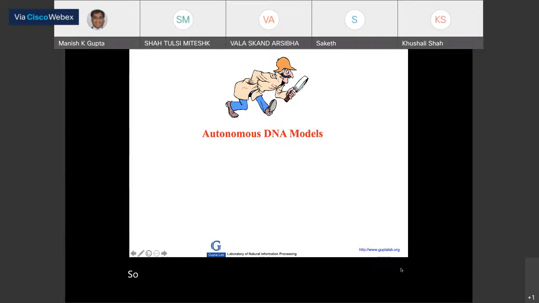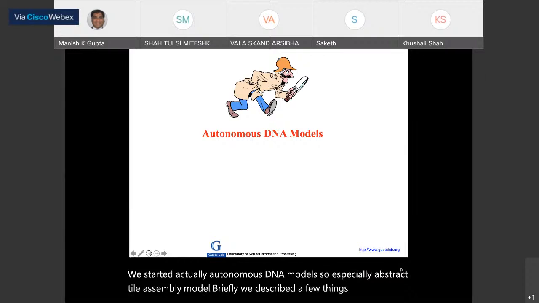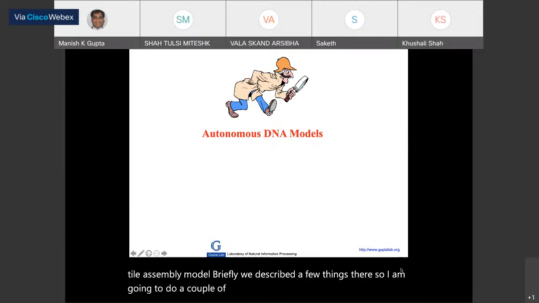So in the last class, we were looking at autonomous DNA models. We started autonomous DNA models, especially the abstract tile assembly model. Briefly, we described a few things there. So I am going to do a couple more examples today, and especially we are going to focus on